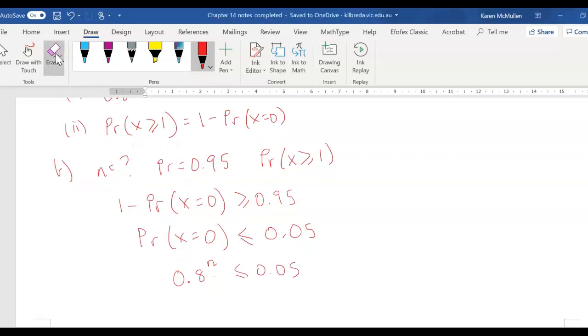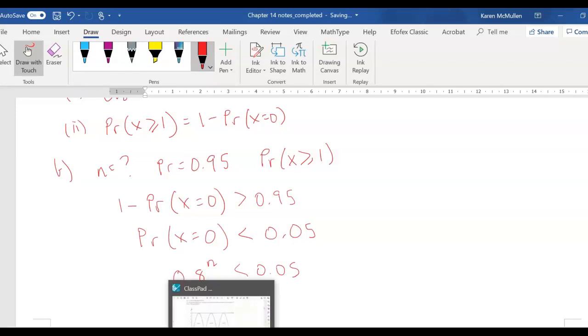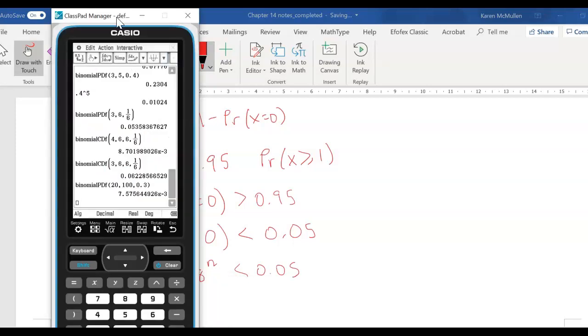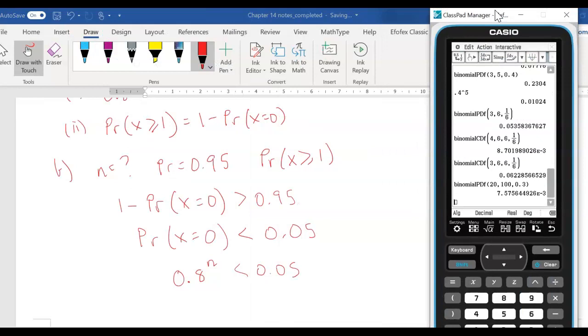All right, just before I move on, I just realized I shouldn't have the equal sign on here, and me being very particular, I want to get rid of it. Okay, so now we put that into our calculator. Let's move the calculator over here. So we can just do solve